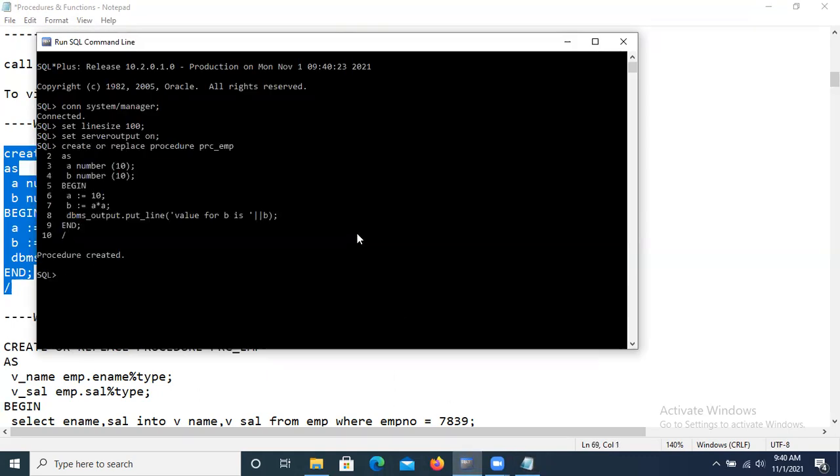What is showing? Procedure created. Means we have compiled the procedure into the database. Where we can see the created? So if any table is created, where we can see